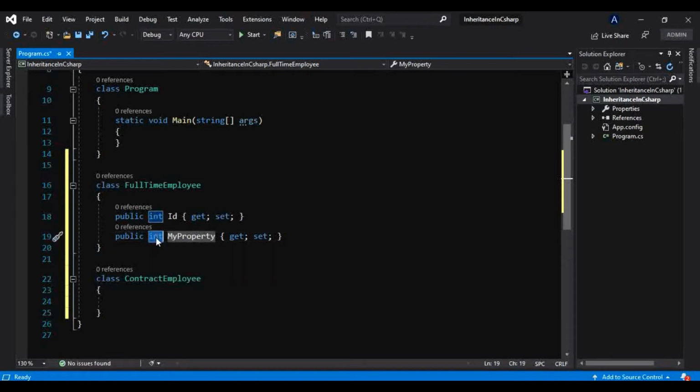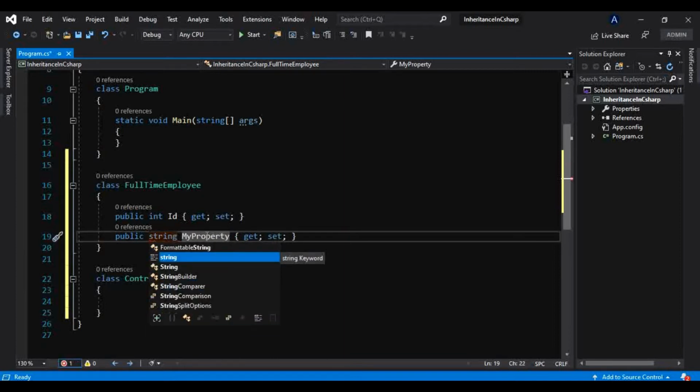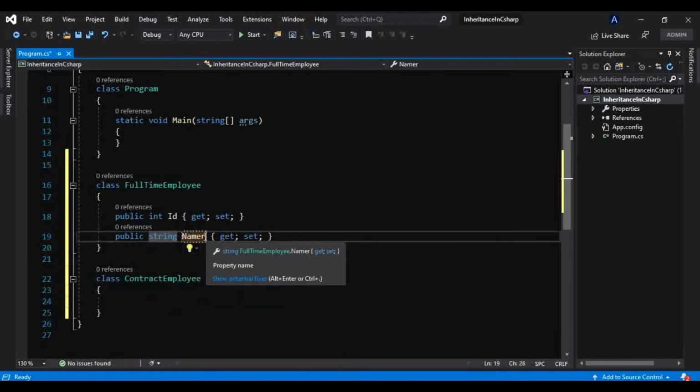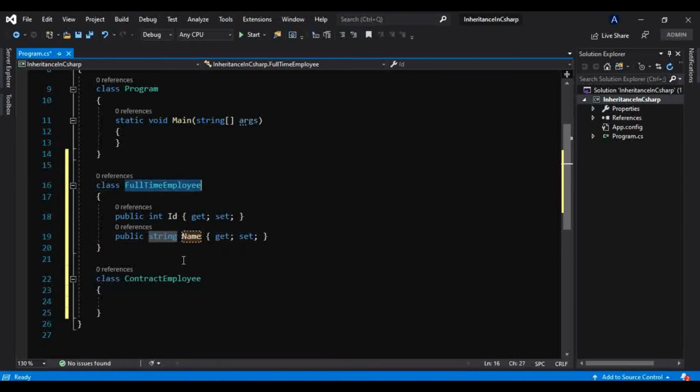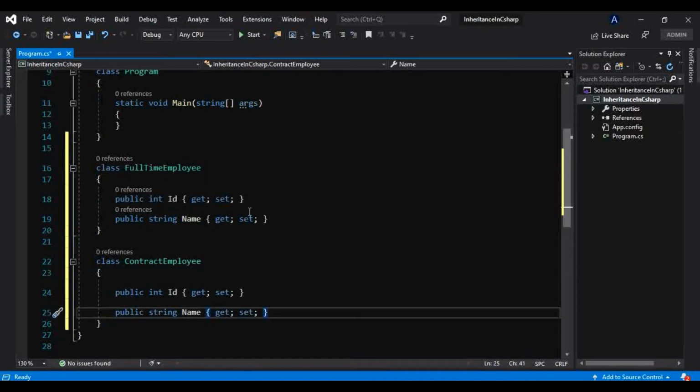I am not going to waste time creating full properties; I will be using auto implemented properties only. Then a string, since an employee can have a name. Whether full-time or contract, they will have a name and ID. Like that, the contract employee will also have an ID and name.